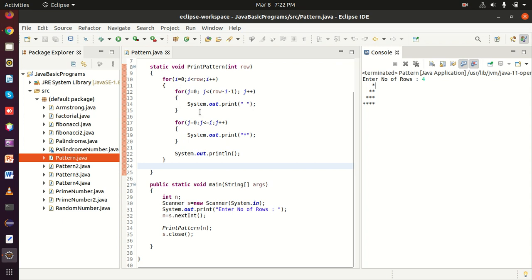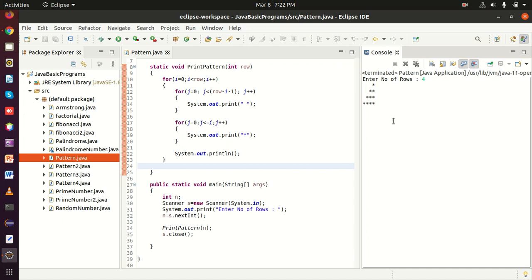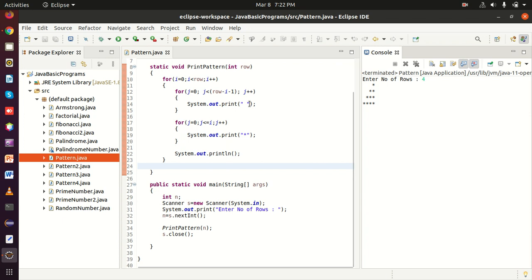So we can see here, 1 2 3, up to 3 it has printed white space.